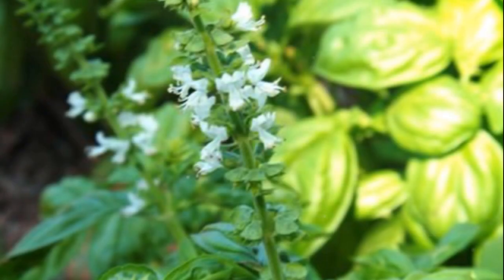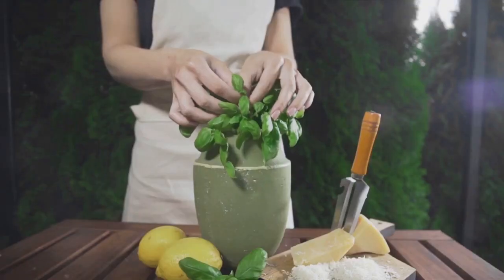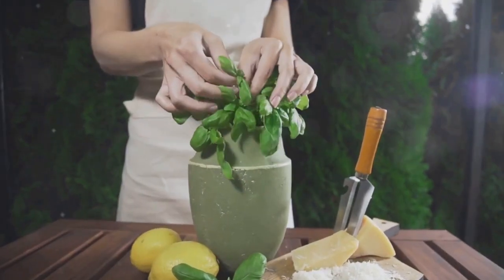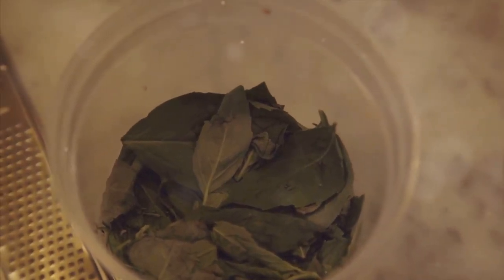Next, let's talk about the fragrant and versatile basil. This easy-to-grow herb thrives in sunny conditions and well-drained soil. It's perfect for a beginner's garden and can be used in countless culinary dishes. Basil not only adds a fresh aroma to your garden, but also provides you with a handy ingredient for your